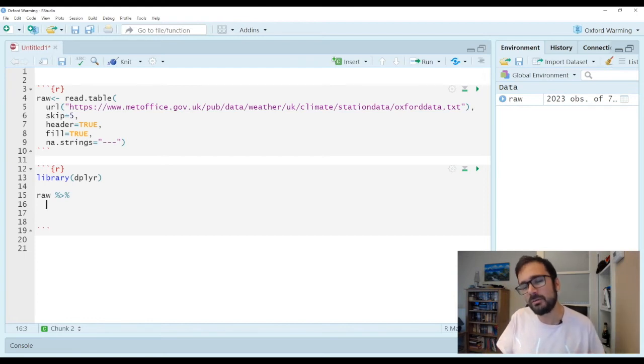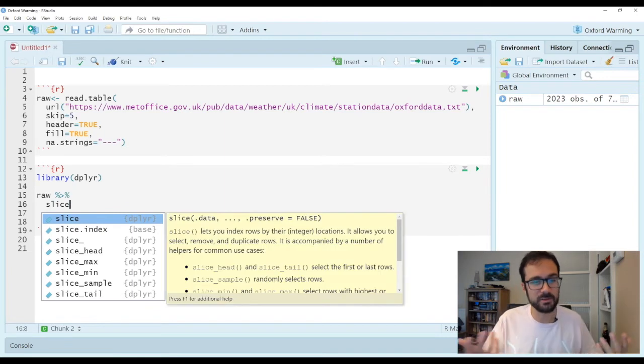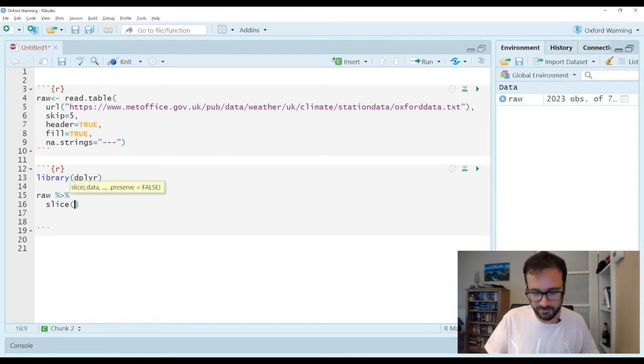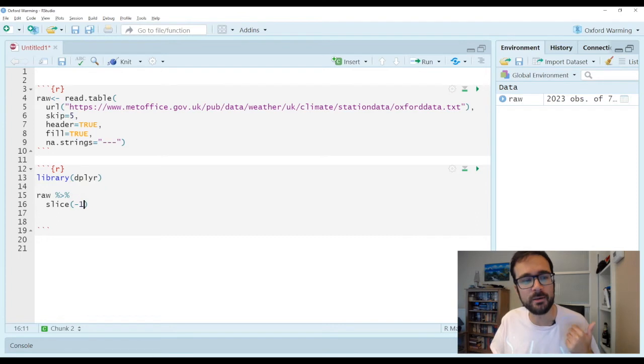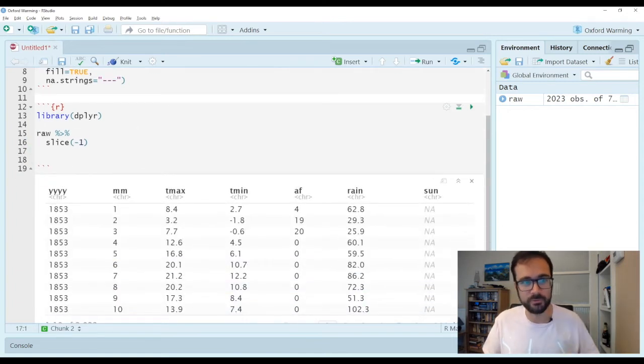So I'm going to use a kind of underrated function, doesn't get used that much. I'm going to use slice, and use slice of -1. So slice is a way of setting rows based on their position. So here this will just get rid of the first row of data. It will remove number 1. So as you can see, those horrible columns which were misaligned, or sort of column labels which were misaligned, I don't have to worry about that. I've just moved straight in to my actual data set here.